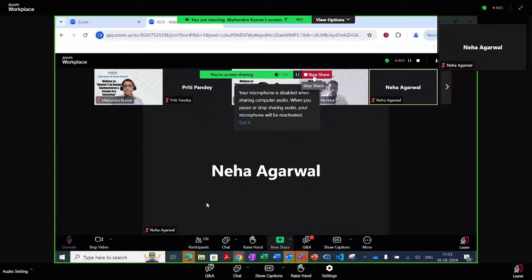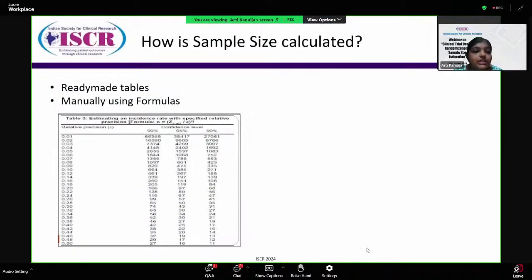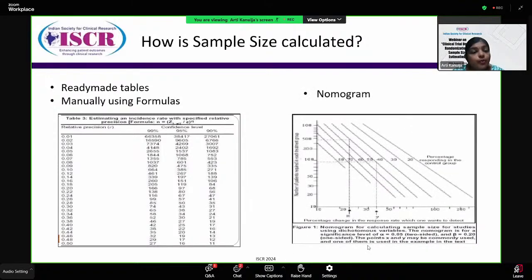Now, how do you calculate the sample size? Of course, you have ready-made tables available. You can use the formulas that are available for calculation of the sample size. The snapshot here is presenting a ready-made table. You can use nomograms. You can use different applications like Excel, SAS, Python, R, which provide you with these